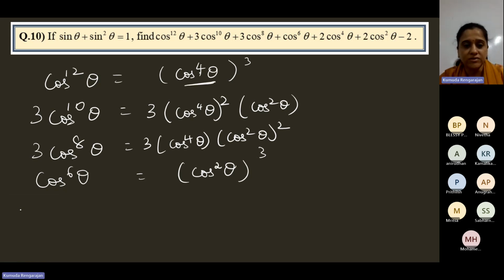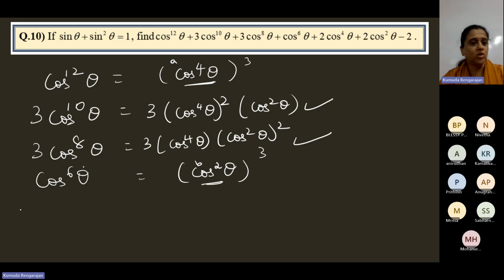This is A, this is A, this is B. So 3a square B, 3ab square. Now let's check if this works to 3 cos theta to the power 10 and this one works